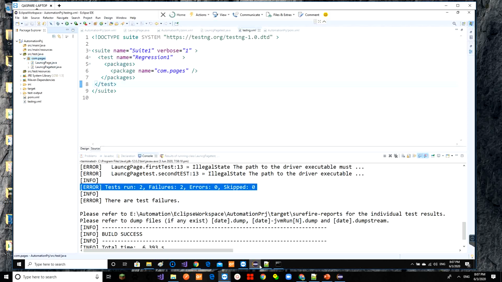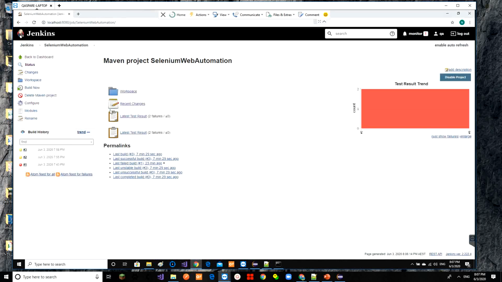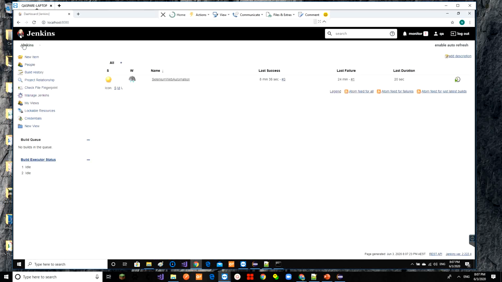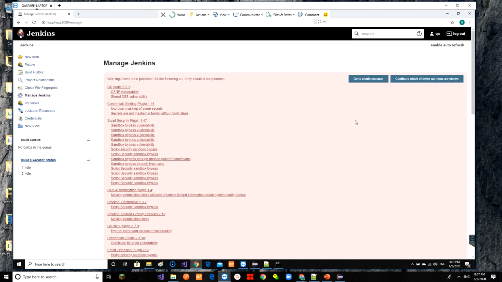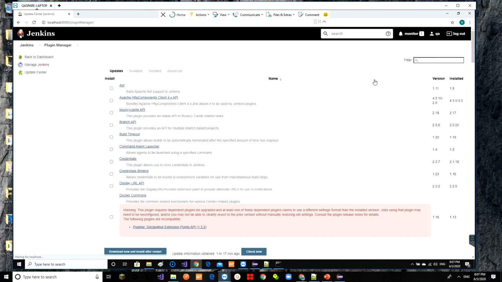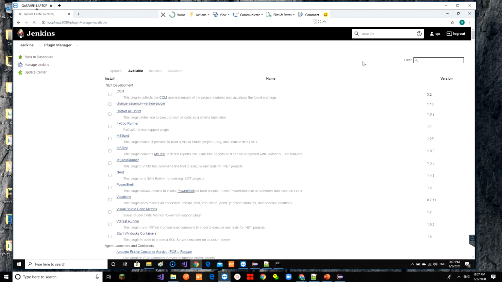Same way, in Jenkins we have a plugin for TestNG which we can use. Let's see if it's already installed or we need to install. By default it won't be installed, but if I selected it during installation of Jenkins, then it will be available. Otherwise I need to explicitly install the TestNG results plugin,